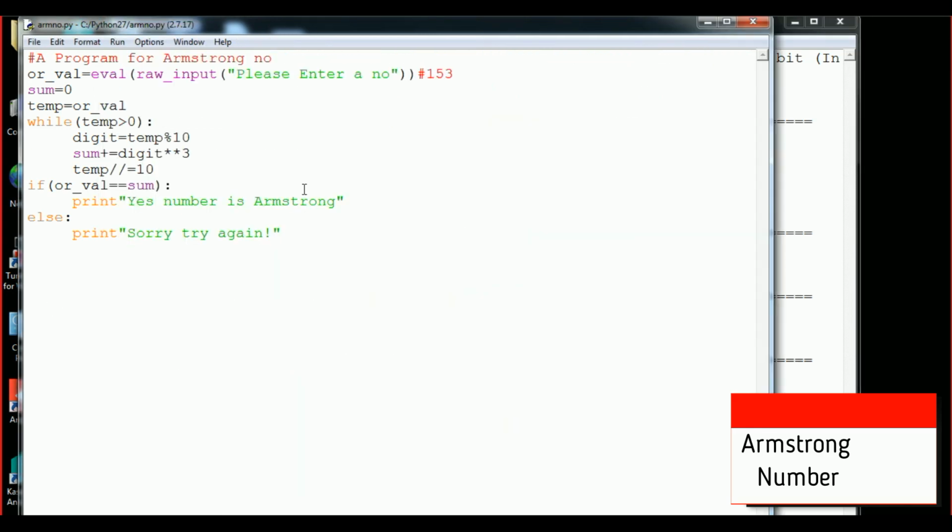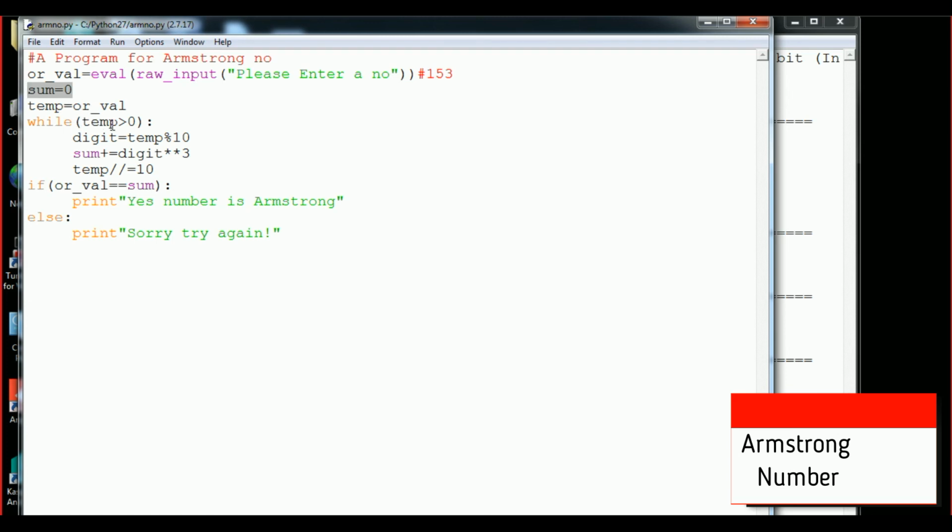So student, we have learned today how to check the Armstrong number. The first thing we have done here, we have asked the user to enter the number by the eval command. That eval command says that whatever the input, according to that the original variable's type will automatically be converted according to the literal. And we have taken a sum variable because it will store everything, the total or sum of the digits also, and a temp variable which stores the original value.